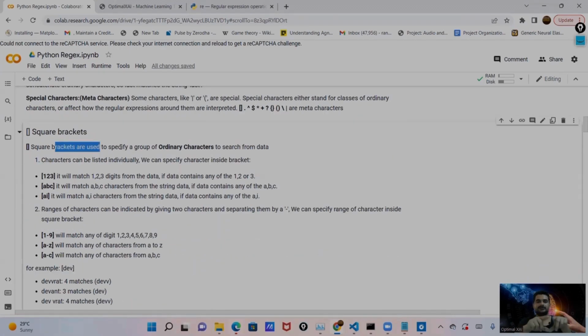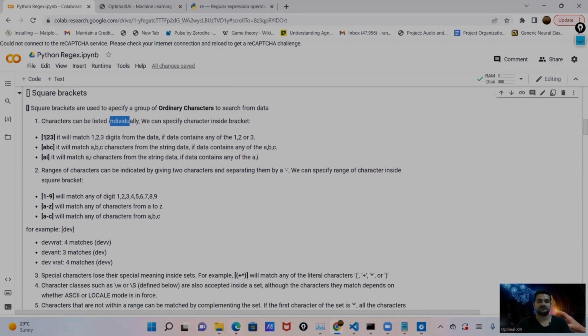So let me start with the square bracket. In the square bracket, we need to define the patterns. There are multiple ways to define the patterns in the square bracket. One way is that we can use simple ordinary characters and match those ordinary characters. Suppose we define the pattern 1, 2, 3 under the square bracket. It basically matches 1, 2, 3 from the string data, so it returns the matches it found, 1 or 2 or 3. And in the case of ABC, it matches ABC, and returns the value if any character of ABC is